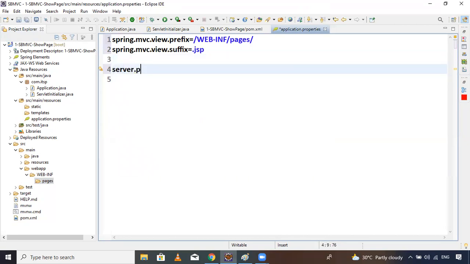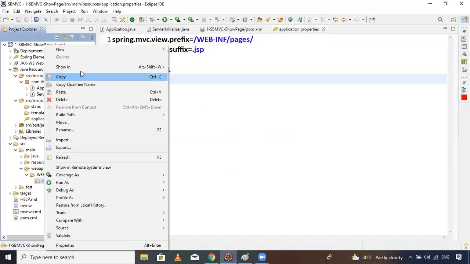Server.port, the server port is an int, just pass, suppose, 2021. I'm passing the number 2021. Just save this file. Just save this file and simple, your embedded Tomcat server is ready. Okay. So now here we prepare one file,